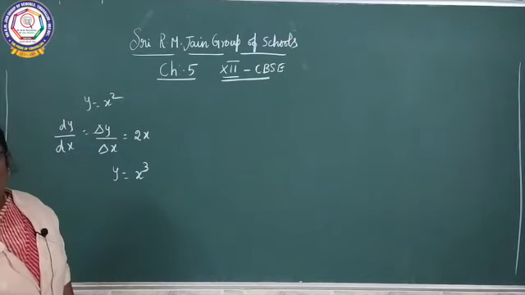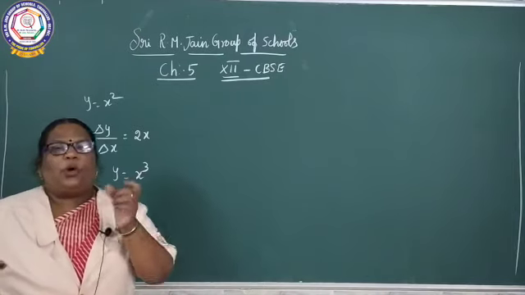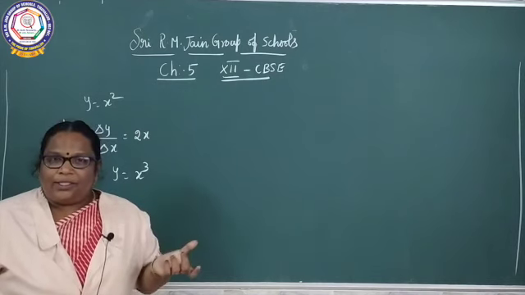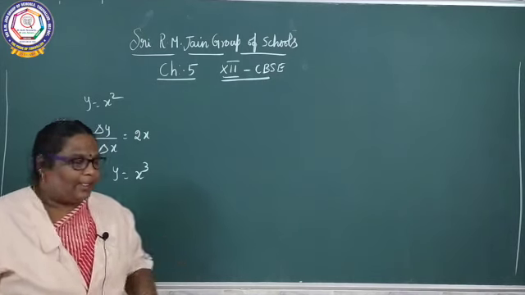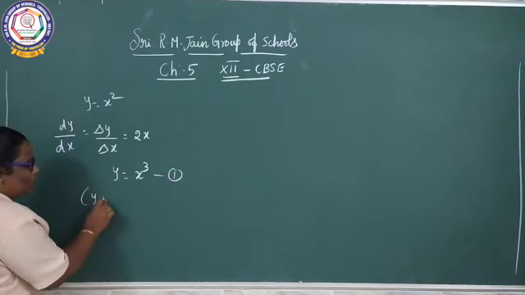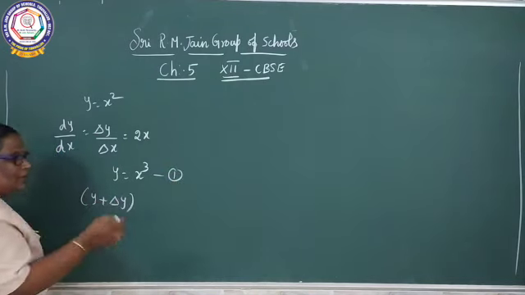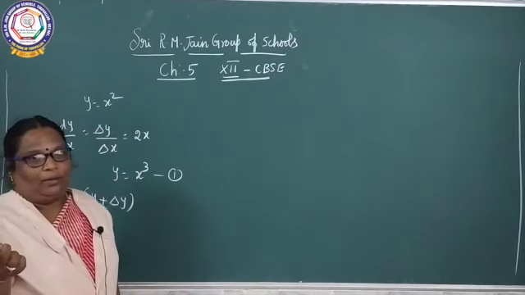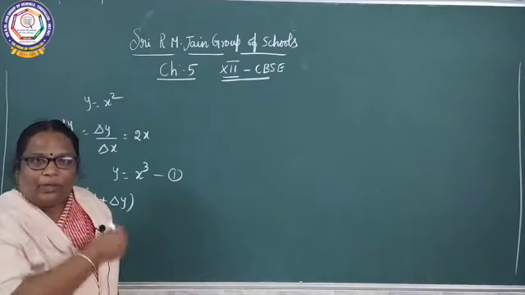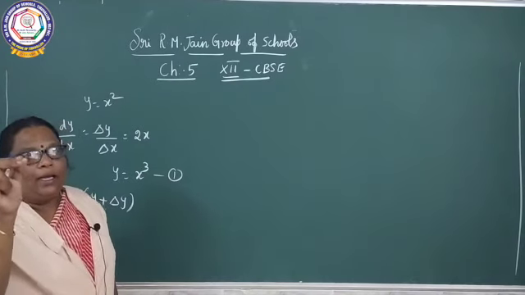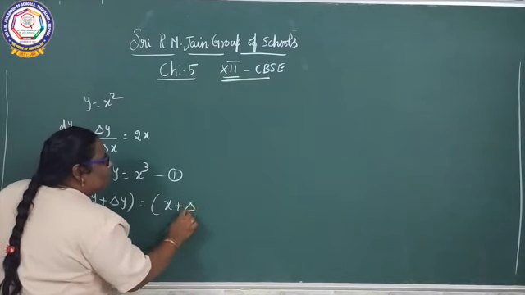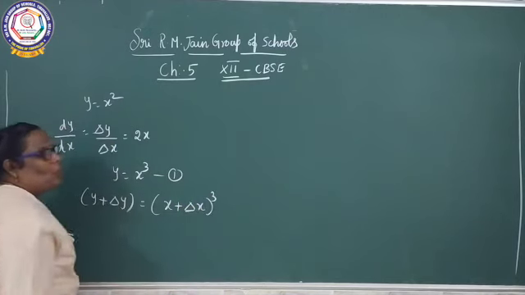y equal to x cube. What is the small change in y? It is nothing but delta y. Small change in x is nothing but delta x. Because of the small change in y, you take it as y plus delta y. Here I am not mentioning the numbers, I am just directly doing the sum. The same way, here you can take x plus delta x the whole cube.